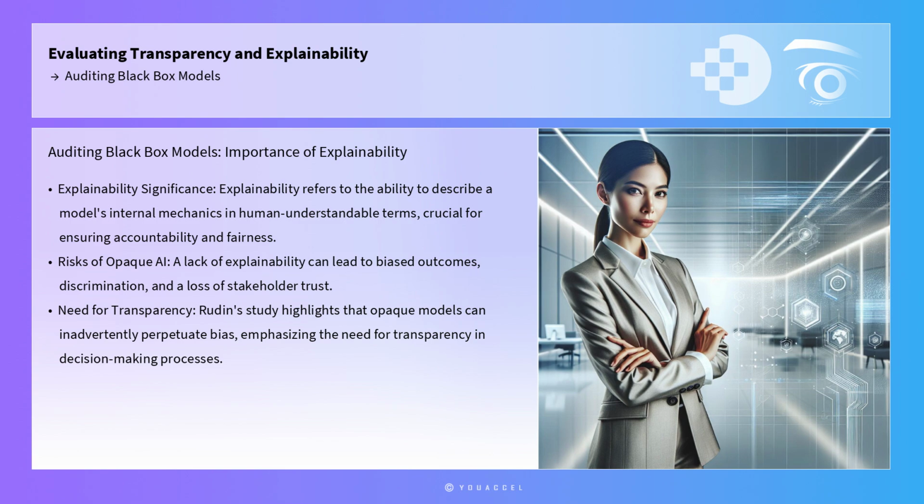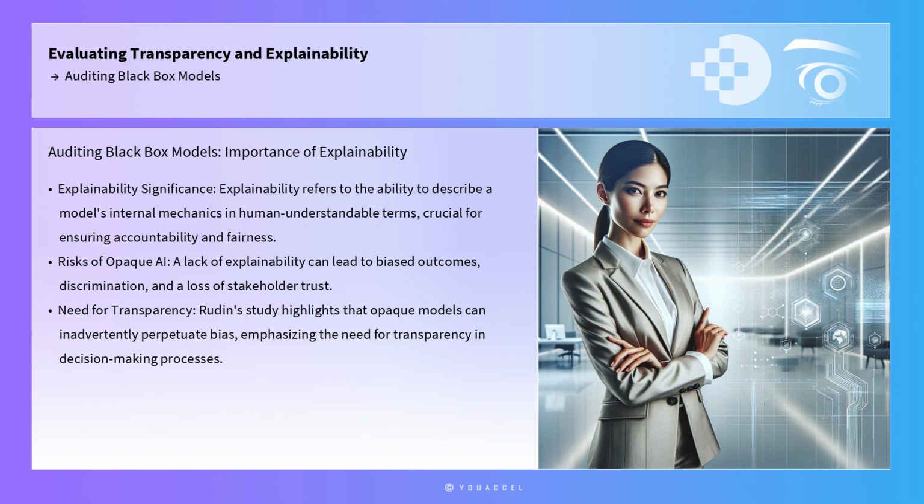In auditing black box models, the first step involves understanding the importance of explainability and the potential risks associated with opaque AI systems. Explainability refers to the ability to describe a model's internal mechanics in human understandable terms, which is crucial for ensuring accountability and fairness. A lack of explainability can lead to biased outcomes, discrimination, and a loss of stakeholder trust. For instance, a study by Rudin highlights that opaque models can inadvertently perpetuate bias, emphasizing the need for transparency in